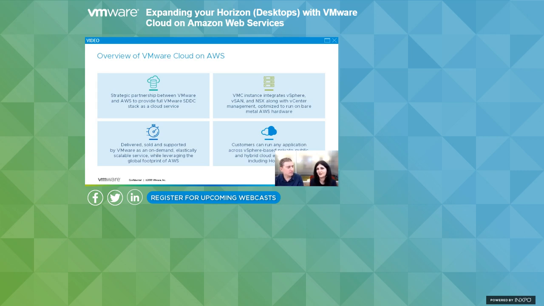So you know that we are working together behind the scenes very strategically. And what this means is any kind of workload that has been using vSphere running on premises can now run on VMware Cloud on AWS with absolutely no change. And that's what we're going to talk about today with Horizon 7